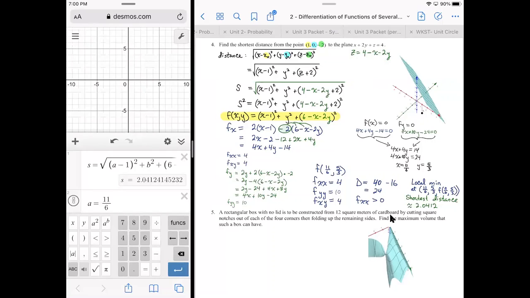So the distance is a minus 1 squared plus b squared plus 6 minus a minus 2b. Yep. Okay, because I couldn't see. And I let the sliders be A and B so that I can get a look and see what the relationship is based on different values for A and B. And you can see that it was kind of every other value seemed to be bigger. And so 2.0412 seems appropriately